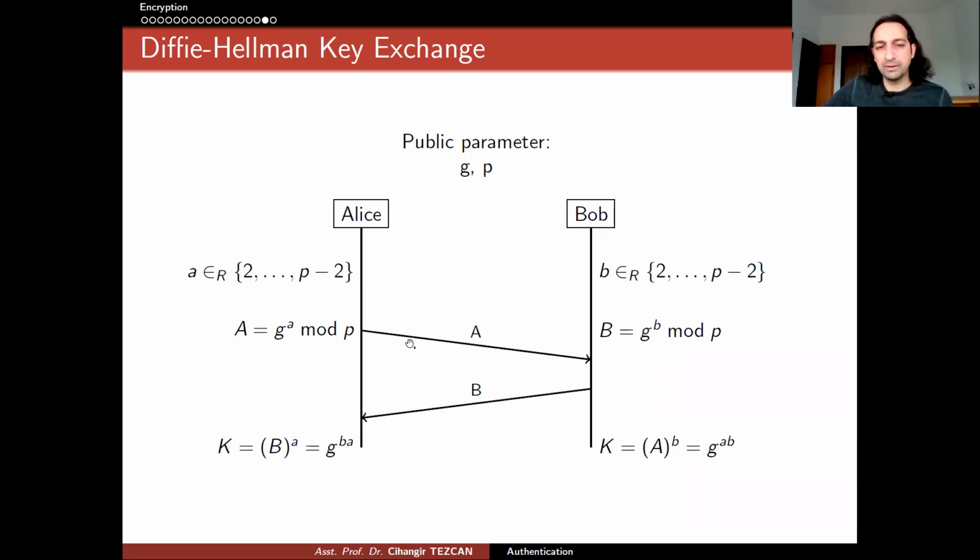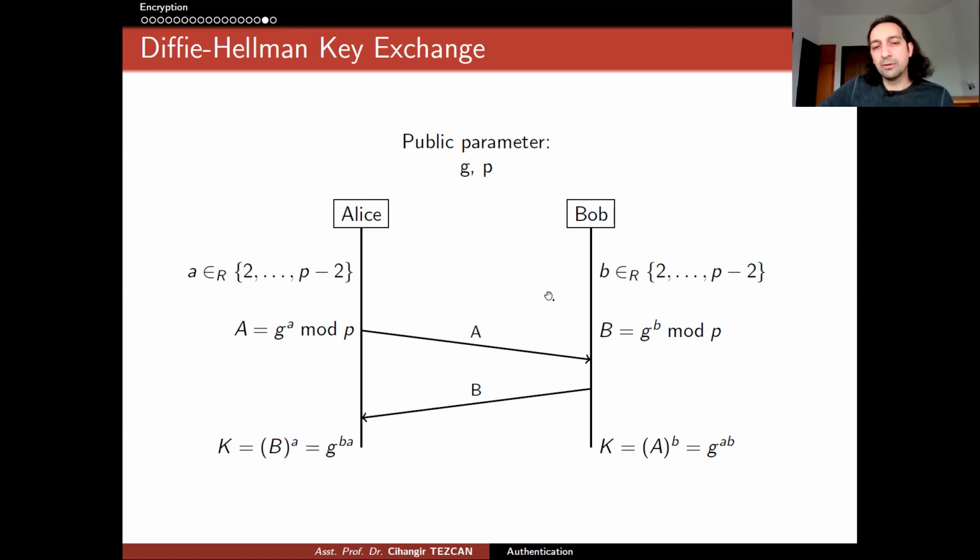So Alice and Bob want to communicate and exchange. They want to agree on a secret key, and Eve is in the middle. So she listens to the communication and captures everything that is transmitted. I told you that there are public parameters like g and p. p is the prime number that we work the modular arithmetic on, and g is the number whose powers we compute.